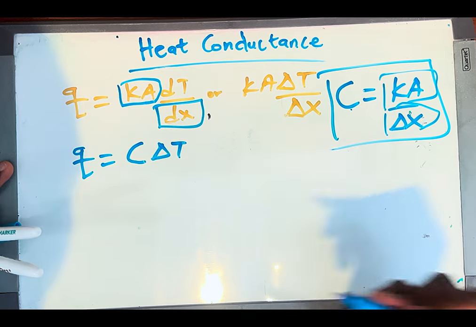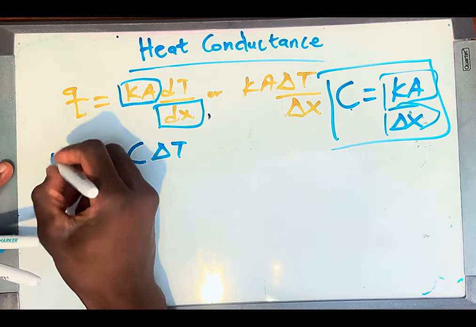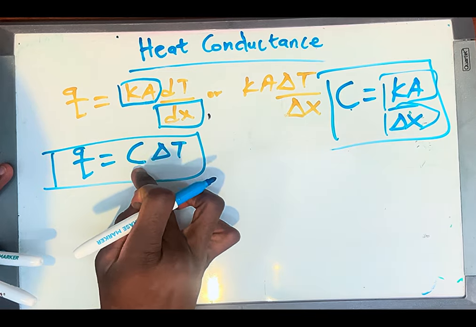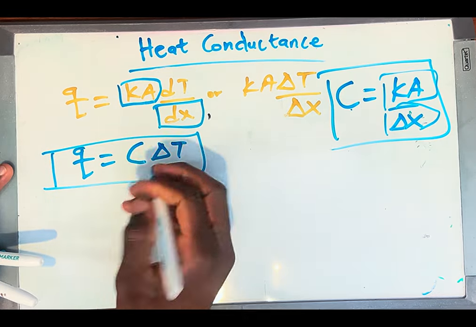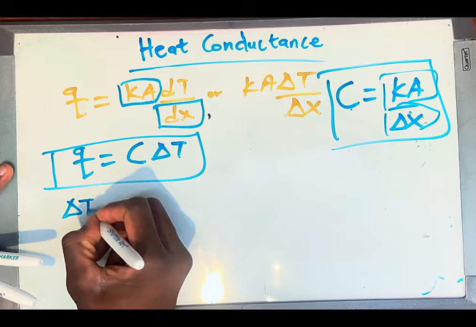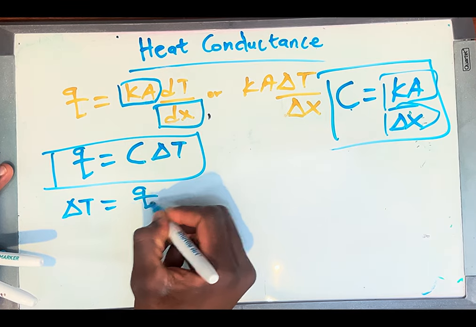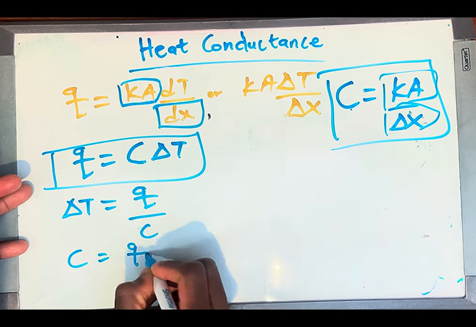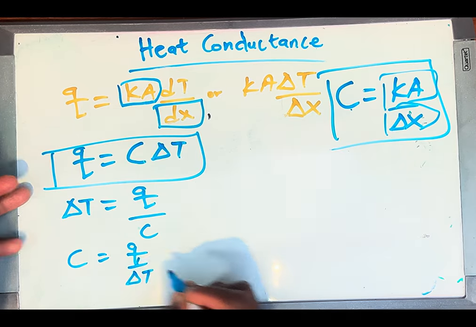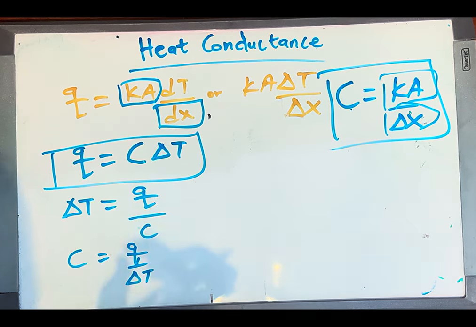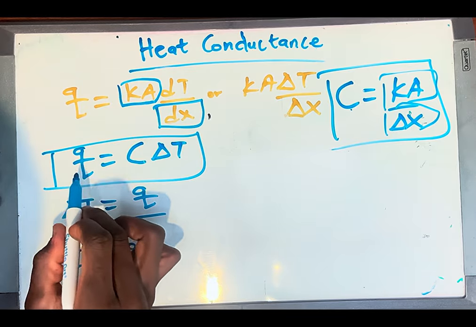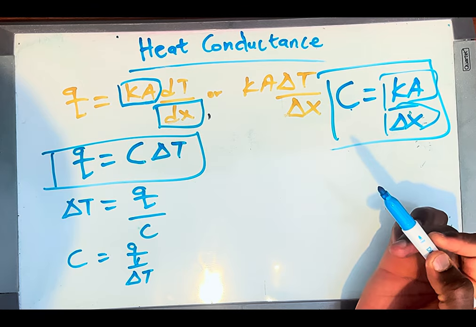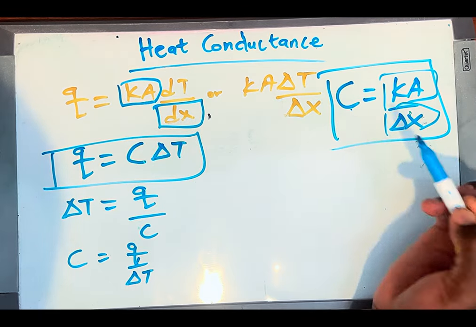You can write it as C dT or C delta T. It is the same thing. So we can rewrite Fourier's equation like this, as Q equals C delta T. And if we make the change in temperature the subject, you get delta T equal to Q over C. Or you can get C equal to Q over delta T. Either of them is correct. So this is what I wanted you to know. We can also write Fourier's equation as Q equals C delta T, and we know how we came by this equation. This is because KA over dx is the same as